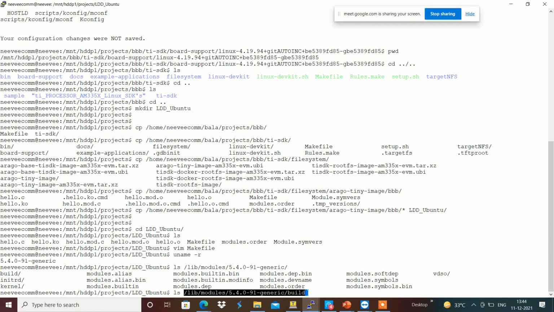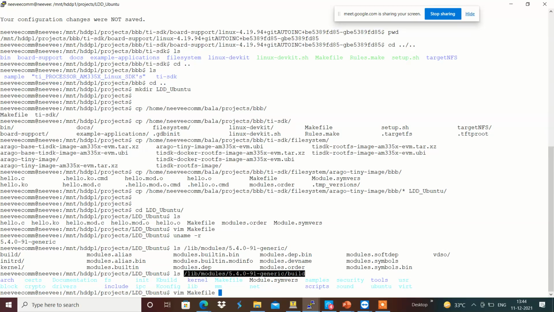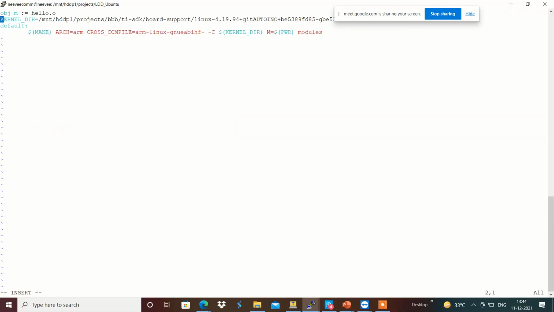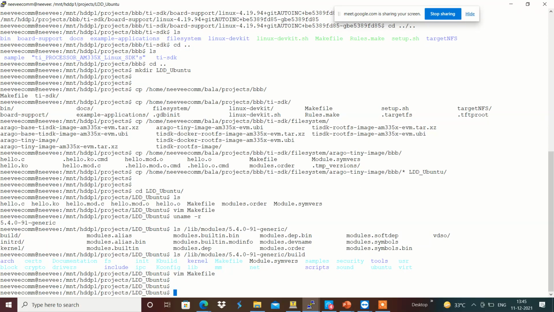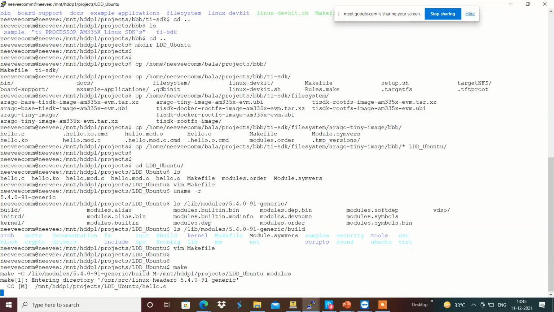I am going to copy this into my makefile, so instead of the current directory, I am going to build in the kernel directory. I am going to change it with respect to my PC directory, and there won't be any cross compilation required for the local machine. Then we can use it directly.